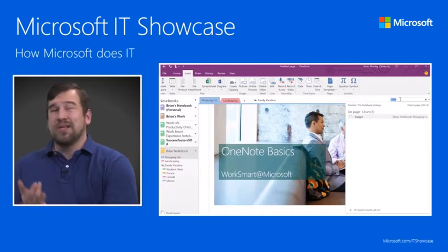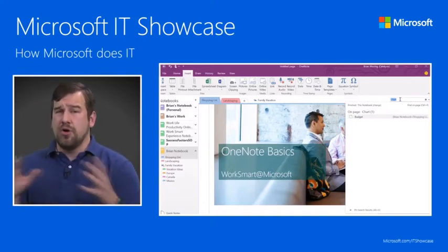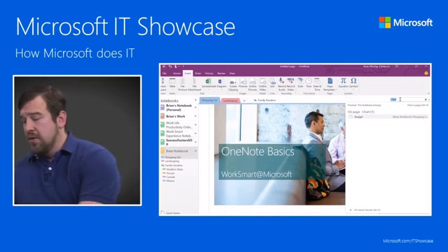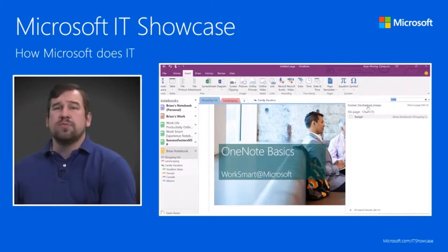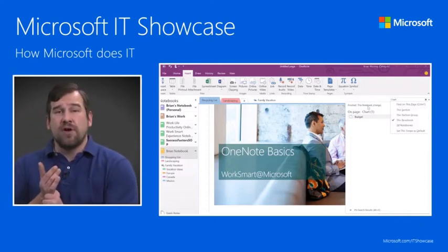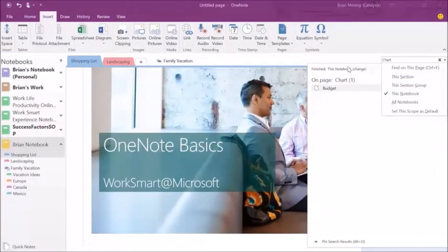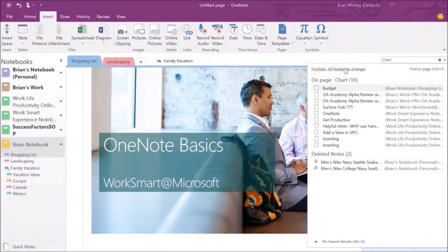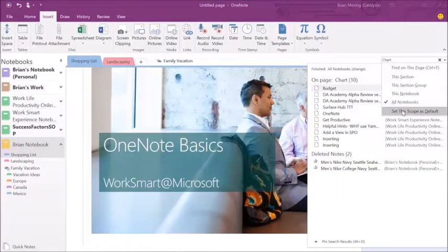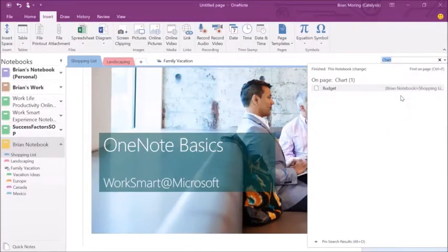Not only do we have the ability to search this notebook, we can search all notebooks at one time. So in this case, I've set my search default to be this notebook. You can change that at any time by selecting on this notebook. You can change it, and then you can select all notebooks. And if you want to set that as your default, you can then go down and set this scope as your default. But right now, I just want to search this notebook, and what I'm going to search for is